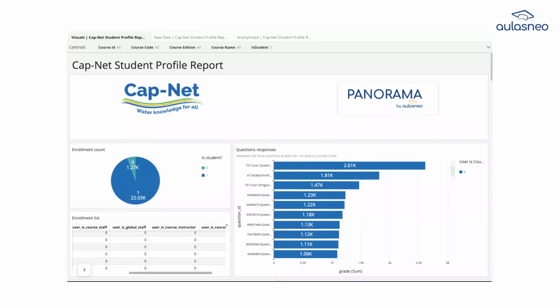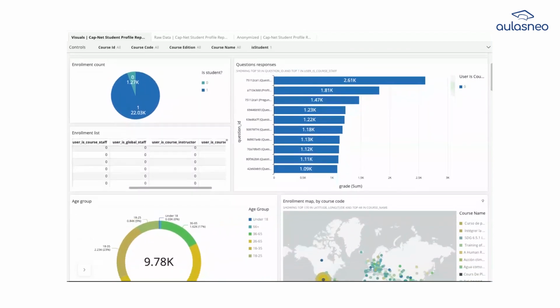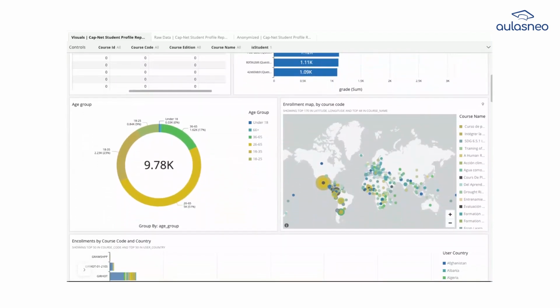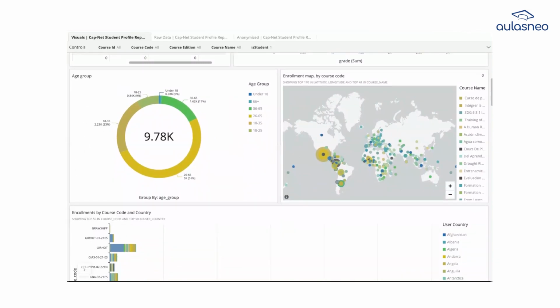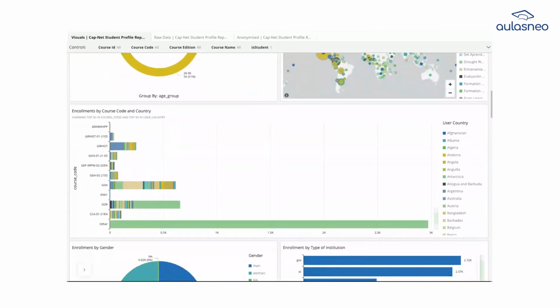Now let me show you some special reports that can be built with Panorama. In this case, we have built a student profile report, which is based on advanced forms in the courses where they ask different questions to the student when they start the course. And here we have the relevant data that was gathered in those profile requests, right? So we have the age group, we have the geographic organization, then we see the enrollments per course and per